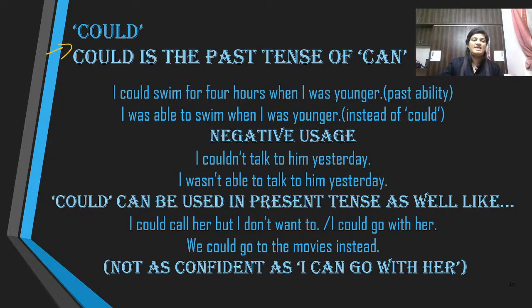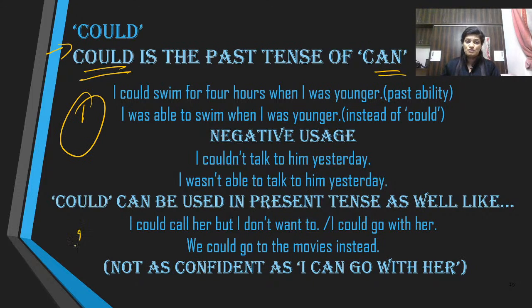All right. Next is could. Could is the past tense of can. Now this I told you already earlier. The past tense of can is could. I could swim. Now there are two usages. Focus on that. Two usages when it comes to could. You use it in your past usage and you also use it in present as well. But